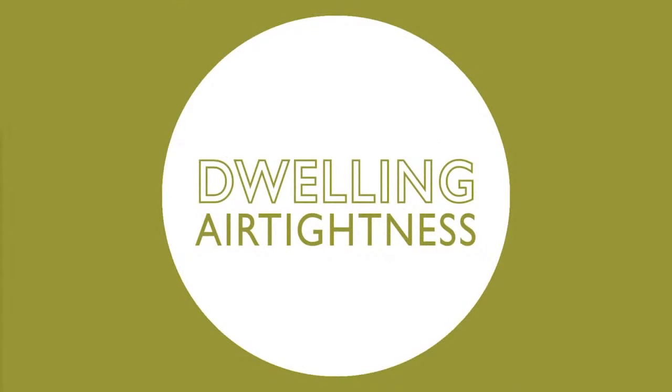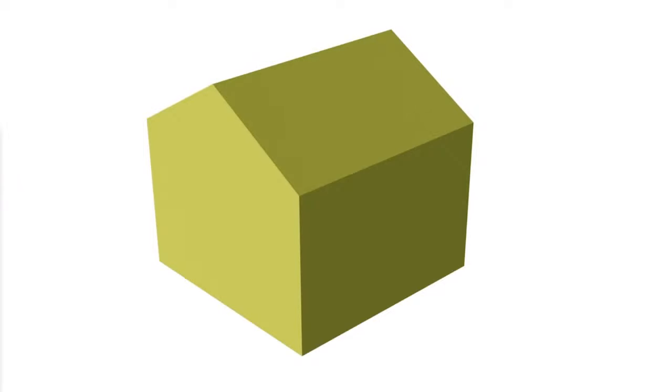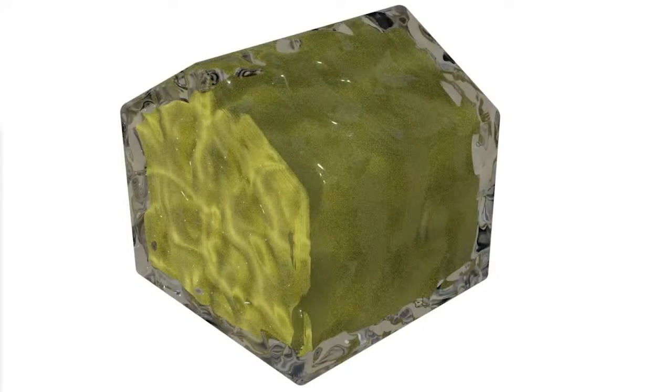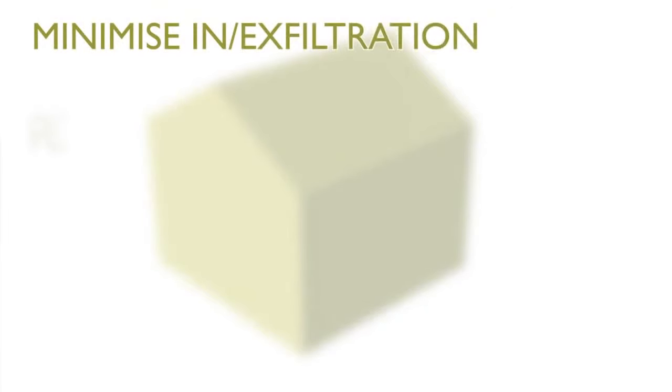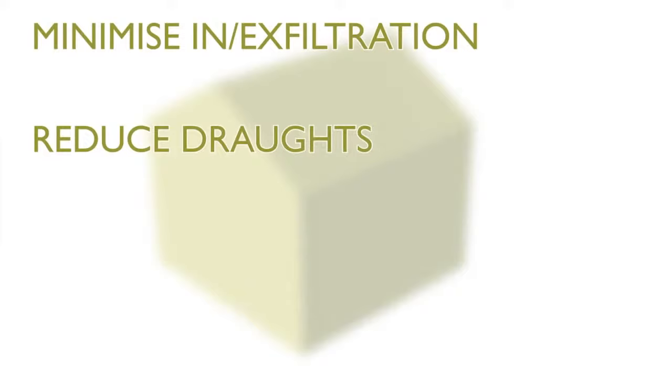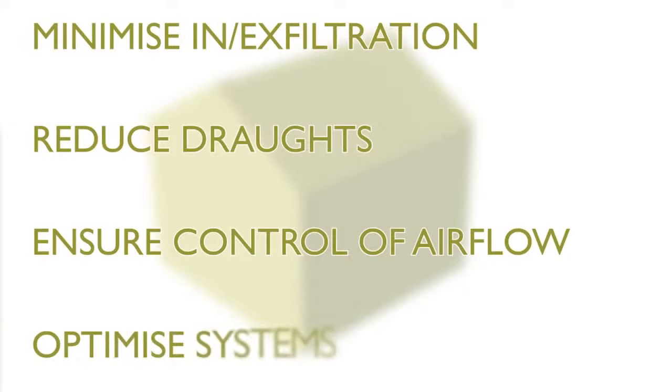That leads on to the next concept we need to consider, the airtightness of the structure. It's often said that airtight buildings can be like living in a plastic bag. However, this is a fundamental misunderstanding of what we mean by airtight buildings. Reducing air leakage simply means eliminating sources of air infiltration and exfiltration over which we have no control, drafts in other words. A good supply of fresh air is a critical component of healthy indoor living environments, and the Passivhaus specification is designed to ensure this is facilitated by controlled and carefully managed ventilation systems, with considered impacts on energy performance. Uncontrolled air movement, on the other hand, should be reduced as much as possible.